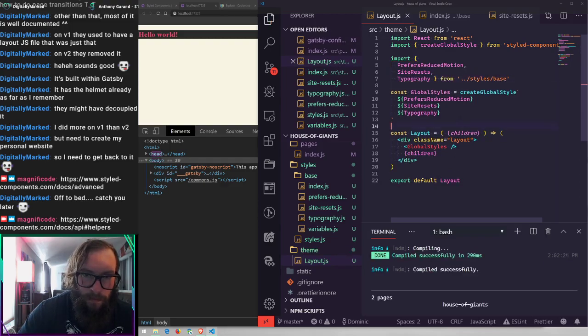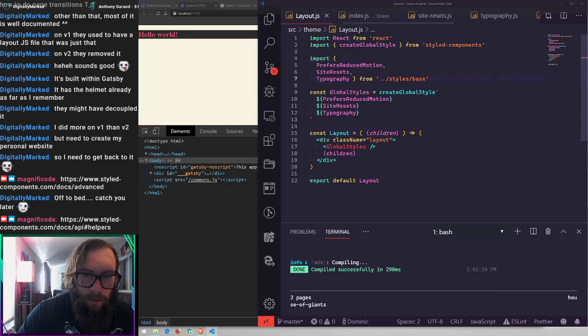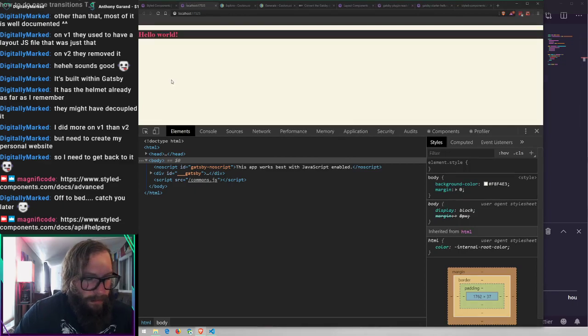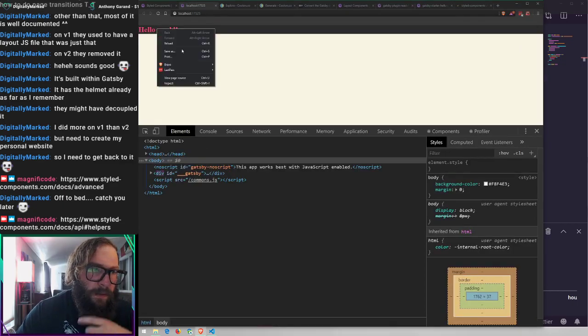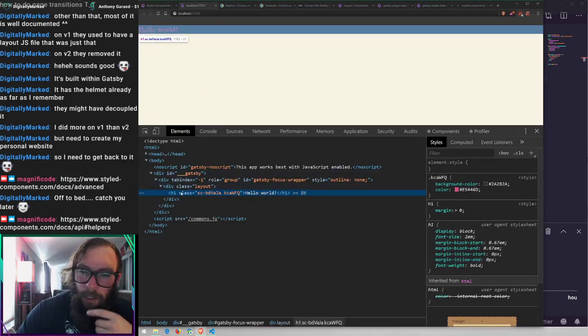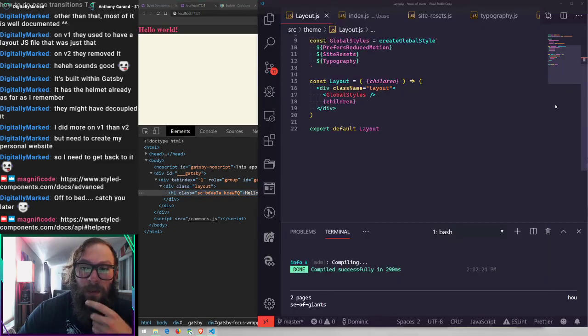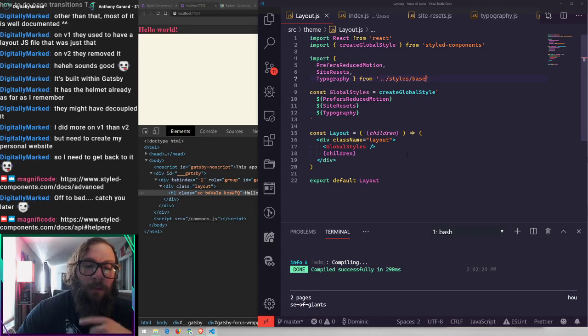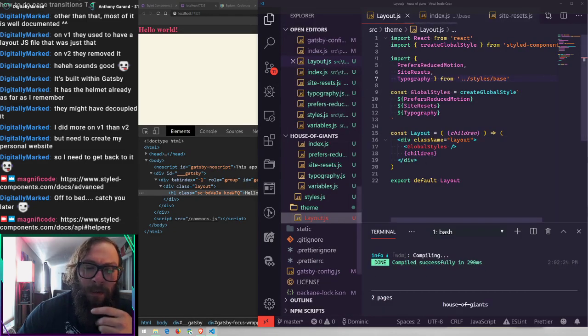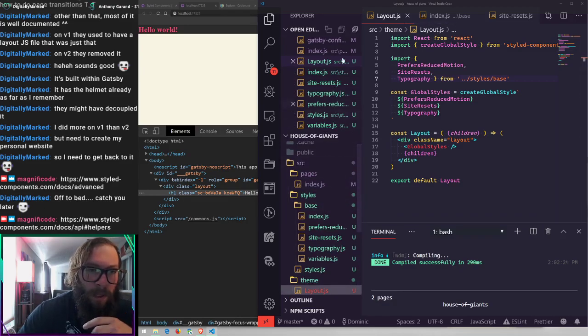That kind of looks gross, but at least it's all on one line. So yeah, we've added typography from styles base. If I refresh this, there should be no margin on our H1. All that type of stuff. This gives us a pretty good base for creating a CSS architecture, a system that